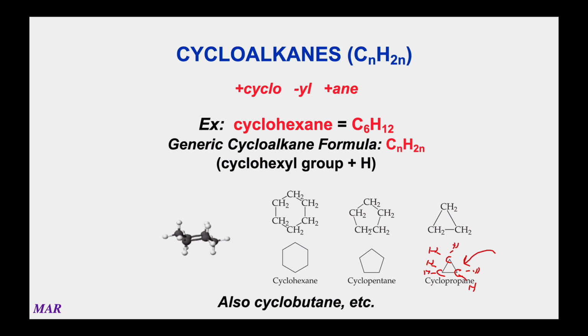Notice that the formula for cyclohexane is different than the formula for a regular alkane. A regular alkane was CnH2n+2, but because we've removed two hydrogens to make the cyclic compound, a cycloalkane is just CnH2n, and that can be kind of important for the things that are going on. So if someone gave you a formula now, you could, in theory at least, tell the difference between a cycloalkane and an alkane based on just the formula.